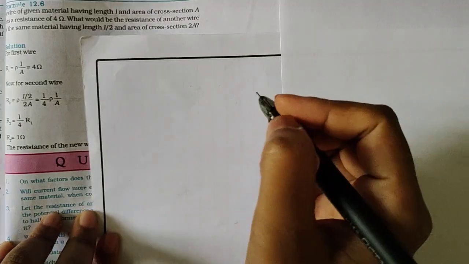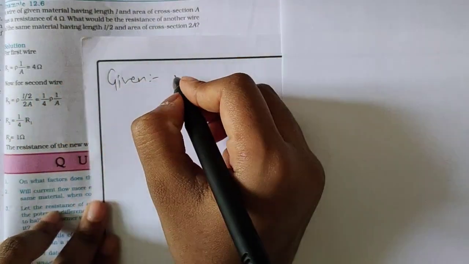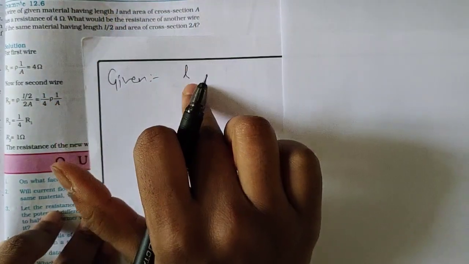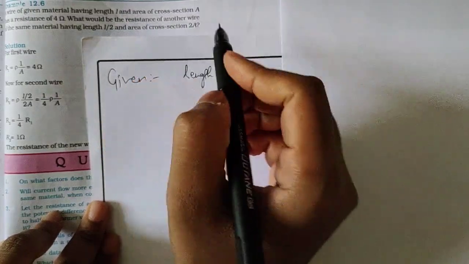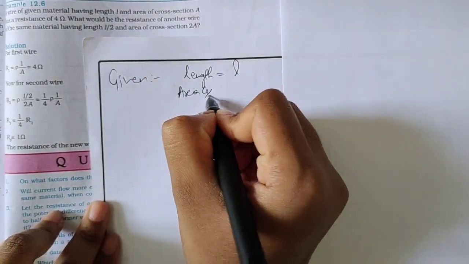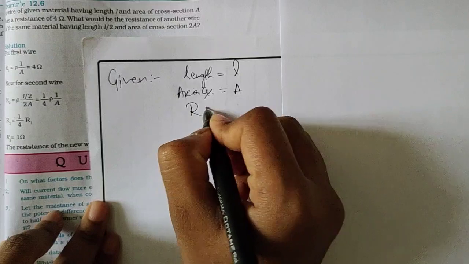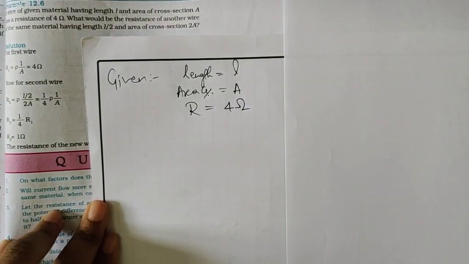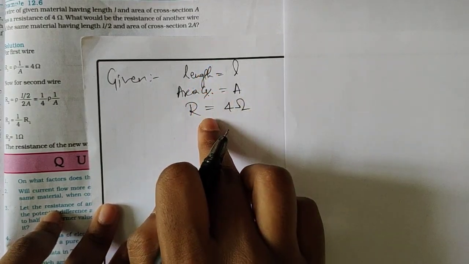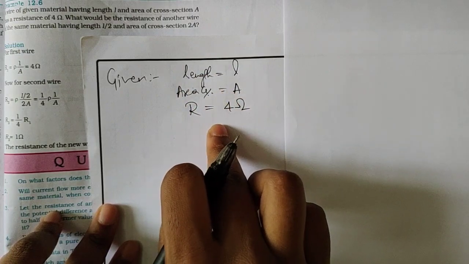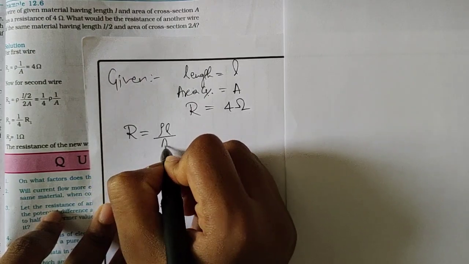Okay. So here, first let us write the given. A wire of a given material having length, without a number, they are mentioning the symbol, that is L only. So length is equal to L, and they are given area of cross section equals A, has a resistance R. They are given now, that is 4 ohm. So this is the first one. Now length is there, area of cross section is there, R is there. From this data, just figure out the formula. What is the formula? Use the formula from resistivity, that is R is equal to rho into L by A. This is the formula which we want.